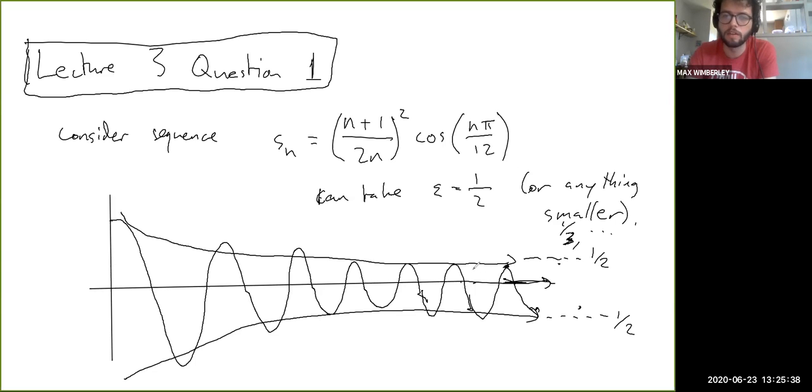So let's imagine we tried to say that the limit of this was 1/2 or something. Actually, 1/2 is up here. Okay, let's say we tried to say the limit was 1/4. Here's 1/4. We're claiming that the limit is 1/4. Now for this same value of epsilon, no matter how far out you go in the sequence, there will always be points on the bottoms of these arches down here which are more than 1/2 away from this proposed limiting value. So that's why this value of epsilon is good enough to say that no limit you attempt to pick will actually be the limit of this sequence. It doesn't converge to any number at all.